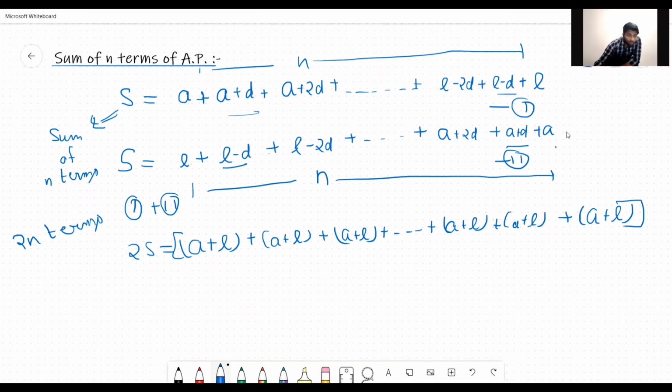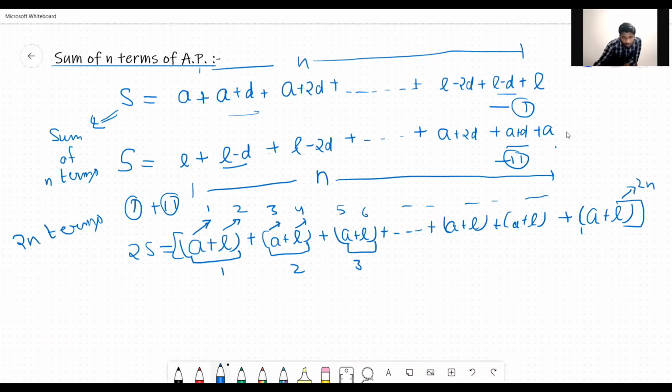But it will be 2n if we count this A separate and this L separate. If we count this A separate, this L separate, that is 1, 2, 3, 4, 5, 6. In this way, it will give you till this L 2n terms. But we will count it as one pair. It is 1, 2, 3, and so on.